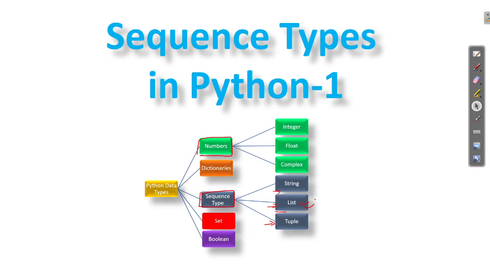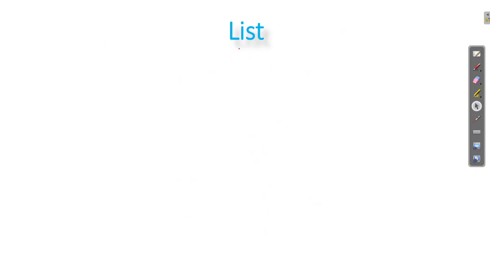Okay, let's get started. First, why do we need a list? List is just used to store similar data types all together. If you have similar data to store, you can use a list to store all of them. But why do we need a list? For that, let's understand a situation.